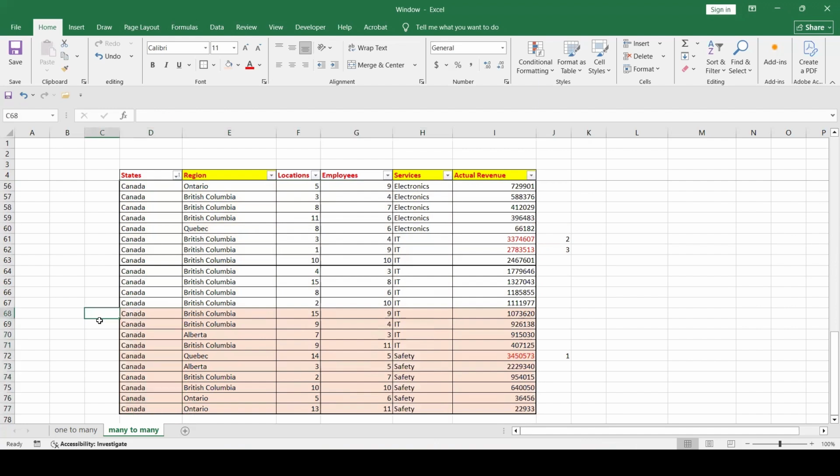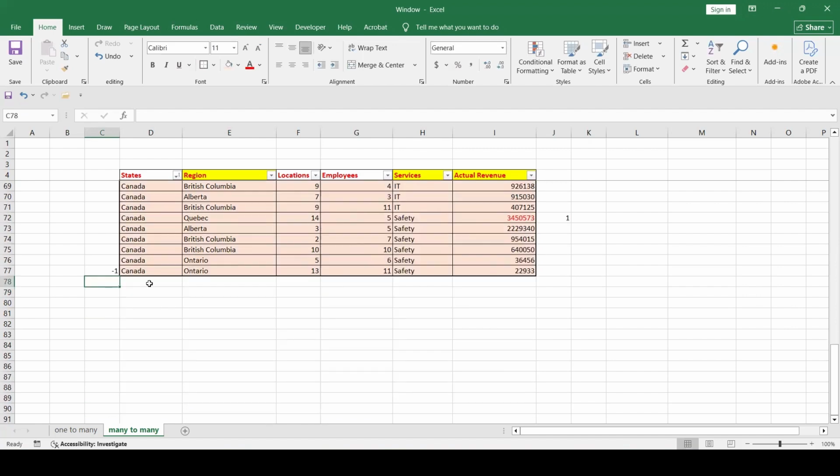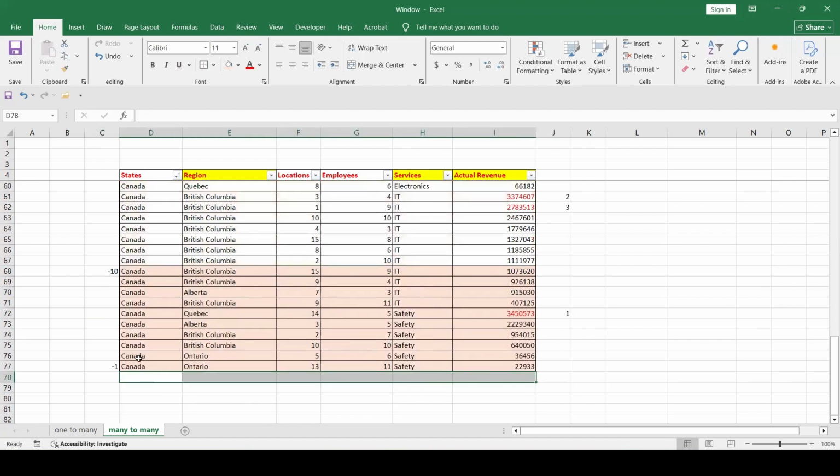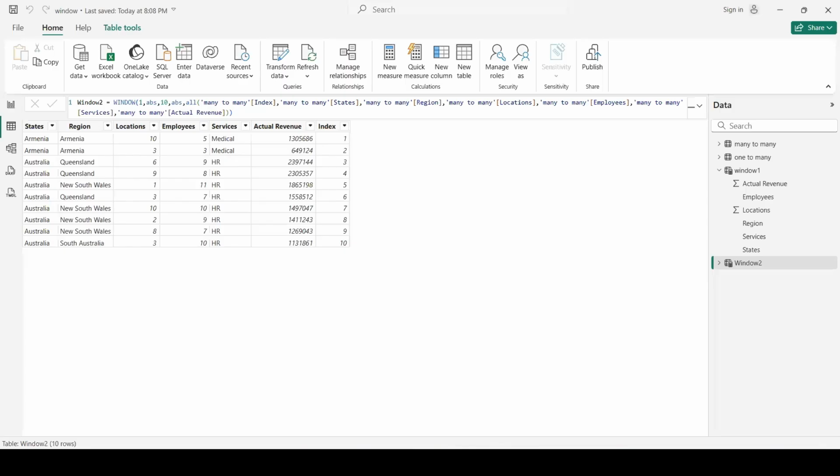So this will be position -10, and the last row will be -1. And whenever something will be added here, like new lines, we will always have the last 10 rows in our report. So for that we need to specify starting from -10 and end to the last line in our table, -1.